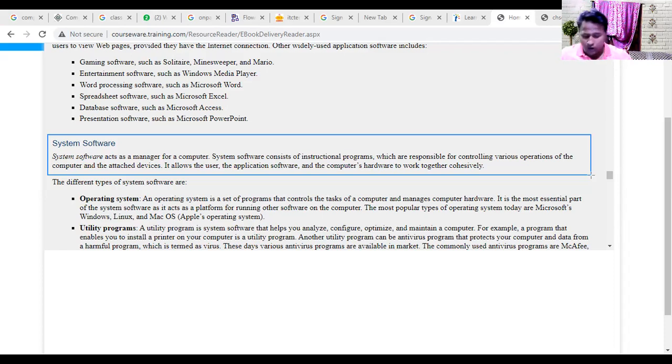Operating system software is a collection of programs. An operating system is a set of programs that controls the tasks of a computer, manages the computer hardware, and is the most essential part of any system. It acts as a platform for running other software on a computer. To make other software run, we use this operating system software.